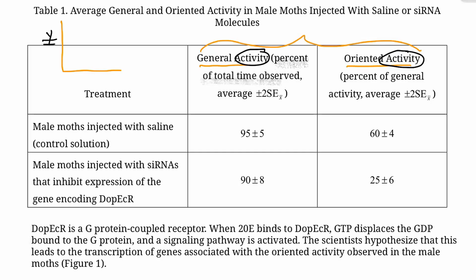Now, in this particular set of data, if you look very carefully, it says percent of total time observed. All right. And here it says percent of general activity. Okay. So you can see that these dependent variables are not quite the same. All right, so I do believe that is a particular piece of information you have to take in consideration. So what you could do is you could write two y-axes here. You could write the general activity on this y-axis, and you could write the orientated activity